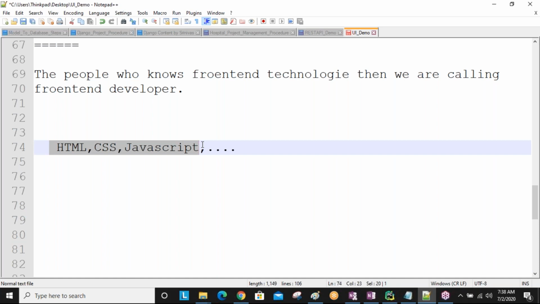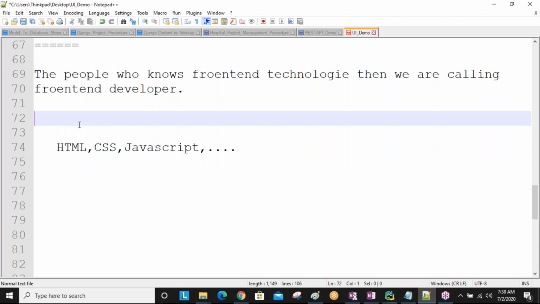On the front-end side a lot of technologies are there: HTML, CSS, JavaScript, jQuery, Bootstrap, Angular, so many. But all presentation developers should know at minimum these three technologies: HTML, CSS, JavaScript. Each one we will discuss clearly later. Getting this one?